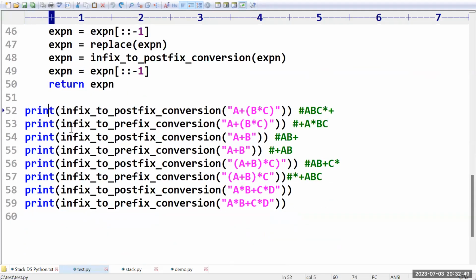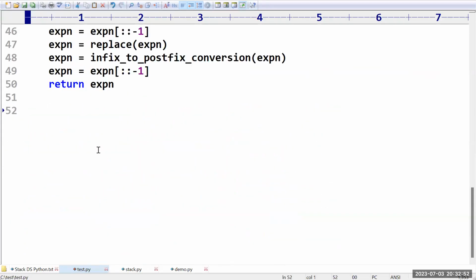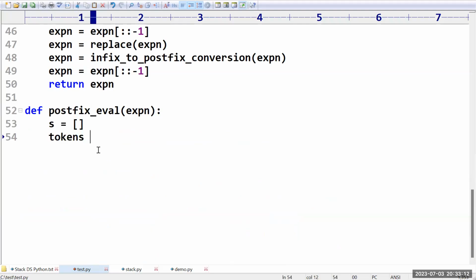Now you can see. First step is what? We have to write a separate function. The name of the function is postfix underscore evaluation, where it is going to take an expression, and we are going to create a stack with empty elements and we are going to get the tokens. What are the tokens here? That expression is there, right? That I am converting into the form of a list. After this, for each token, or for each i value present in the tokens,